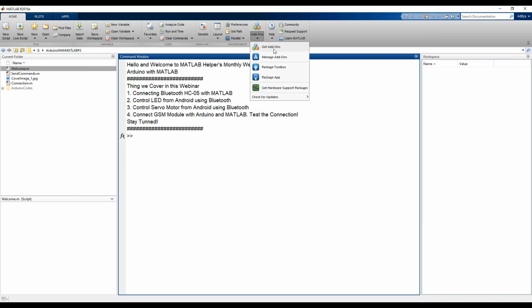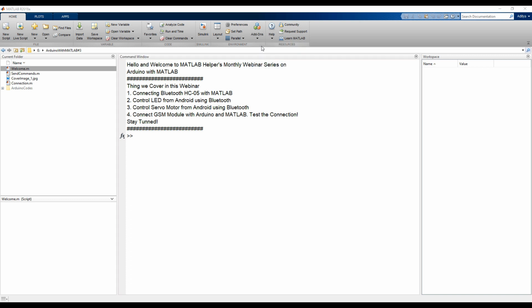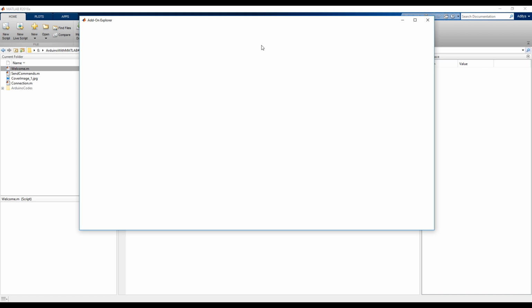If you do not have it in your list, you can go to this add-ons menu over here, click on get add-ons, and in the add-on explorer you can simply search for the instrument control toolbox.